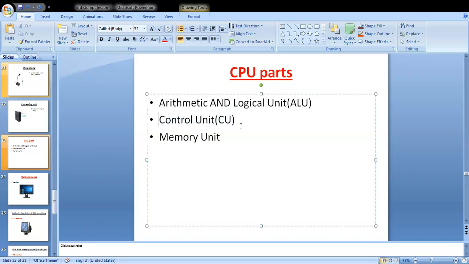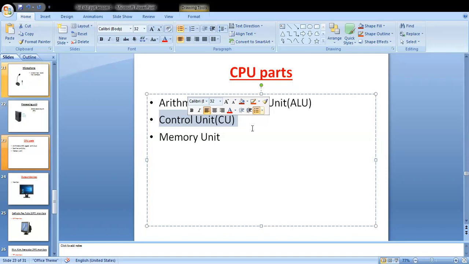That is control unit. Control unit, also called as CU, that works like a manager and checks that all the computer operations are taking place correctly. Means suppose you have class monitor, and he's checking that your class is doing correctly, all students are behaving properly or not.